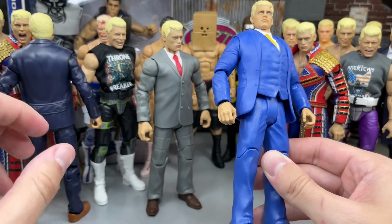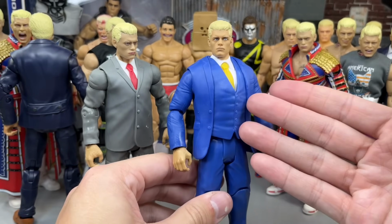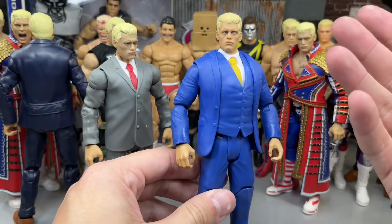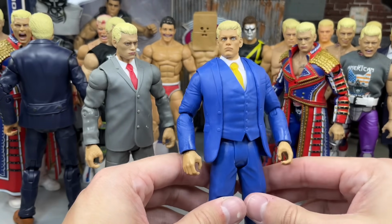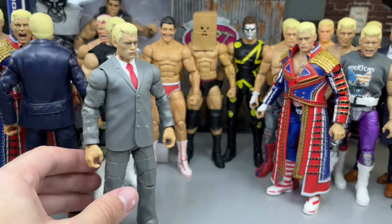I'll just face him the other way for now. We have this other Mattel suited Cody, which we'll get into, but I've only found this basic Cody and then the top picks gray, and then I think it was his first basic that used the Elite 32 Cody Rhodes head sculpt that looked nothing like him, but they kind of fast-tracked it, gave it blonde hair. It did not look good, to be honest, but there's this suited Cody, and then we also have this custom